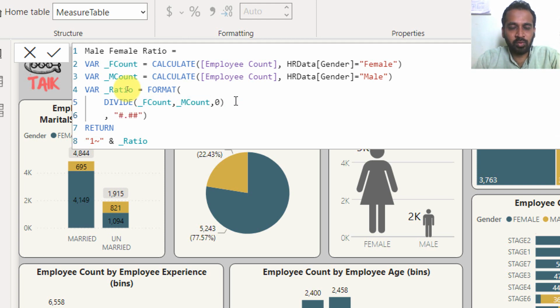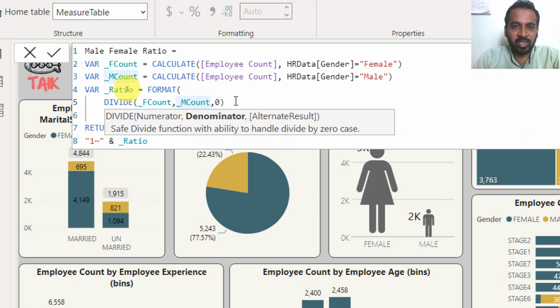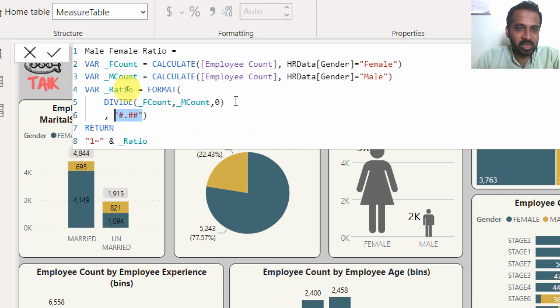So it will give me one value here, but that has to be formatted into digits. So I'm using the format option here. The format function is very helpful if you want to format the value inside the tag. I'm passing the value here and converting it to a two-digit number. Hash dot 2 hash means it will give you two decimal values, 1.56, 3.46, something like that. In the return, I'm writing it manually: for one male it is proportionate to, and I'm adding the ratio value with the formatting option. Just a simple thing, right?